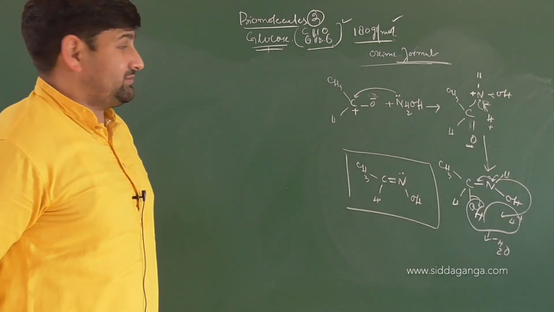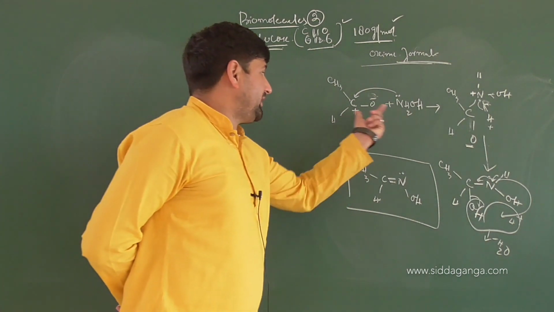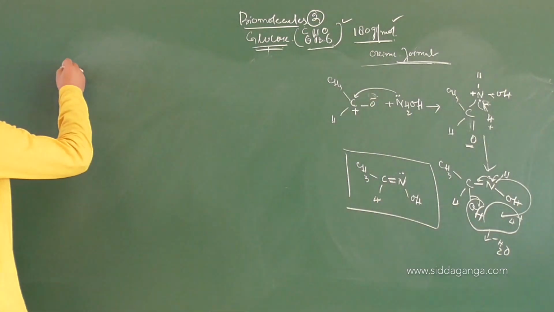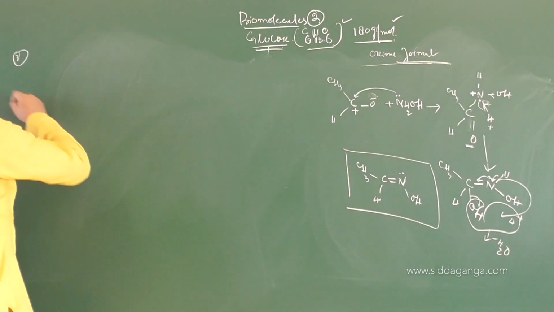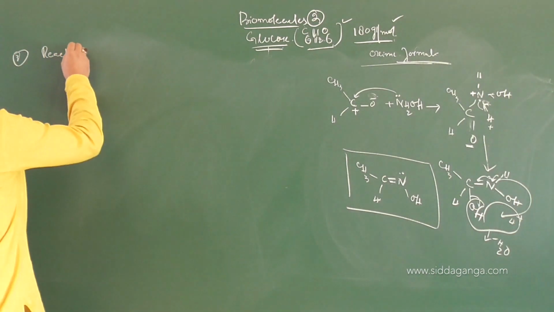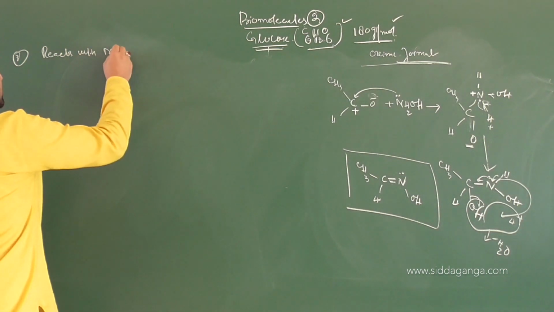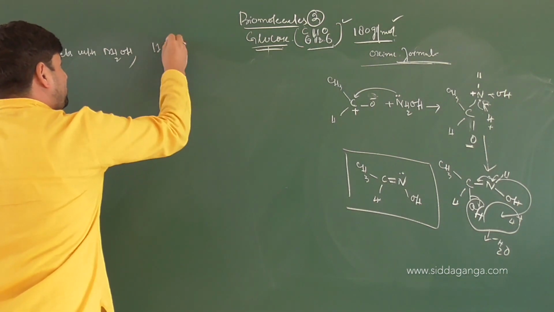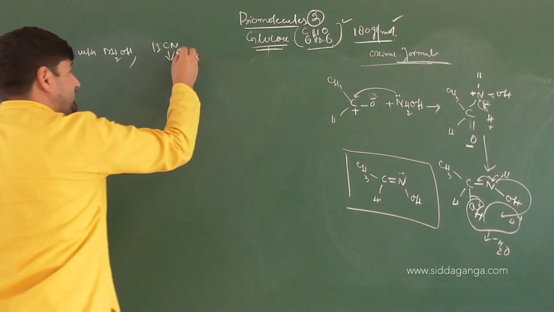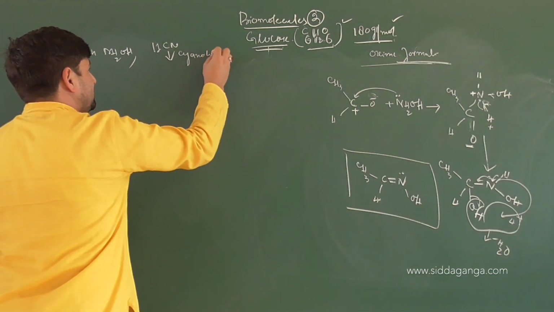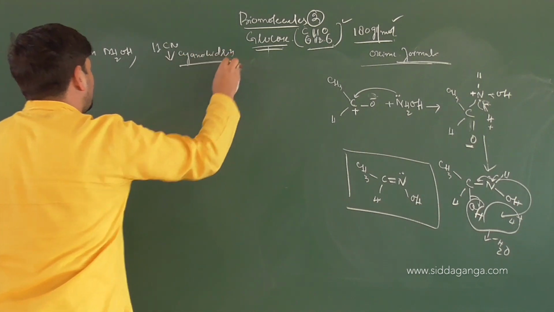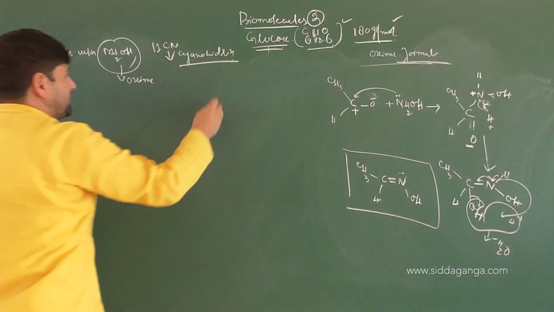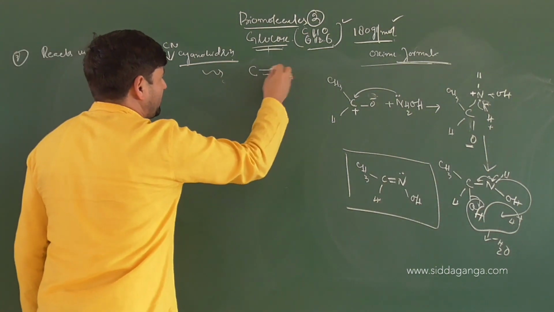This is the structure, this is the mechanism, of how the interaction between hydroxylamine and carbon happens. So carbonyl carbon presence is important here. So the reaction of glucose, that is the third one, reacts with NH2OH and also HCN. When it combines with HCN, it gives you the addition product in the form of cyanohydrin. And with NH2OH, it is giving you oxime. This confirms the presence of carbonyl carbon in glucose.